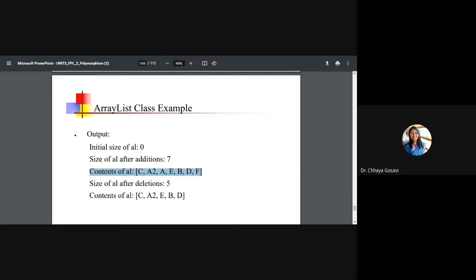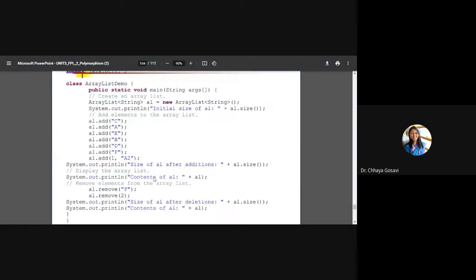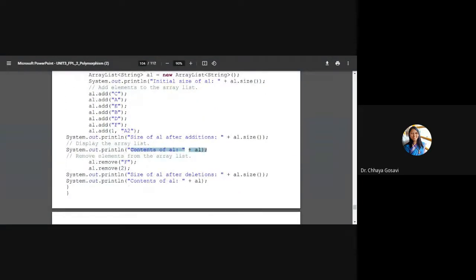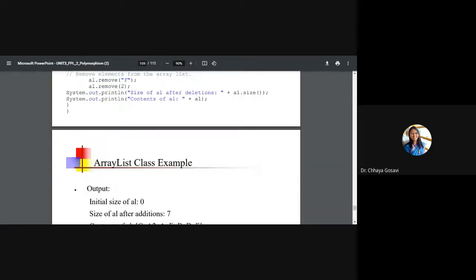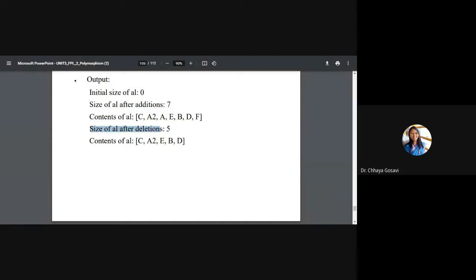These are the contents of the array list. When you remove capital F and remove 2, 2 means the element at second location, it will remove A, not E, because we added A1 here at the first location, and F. So size after deletion is 5 and the contents of the array list is this.